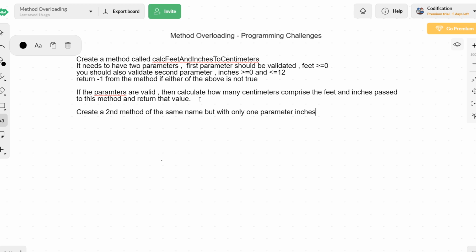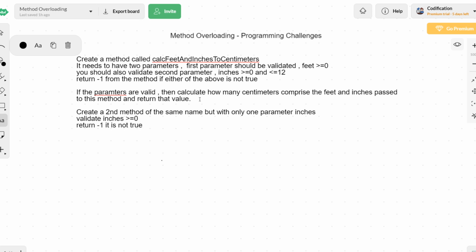Okay, so only take one parameter inches and validate whether inches is greater than or equal to 0. And now the next thing is to return -1 if it is not true. Return -1 if this validation is not true, similar to the previous method.